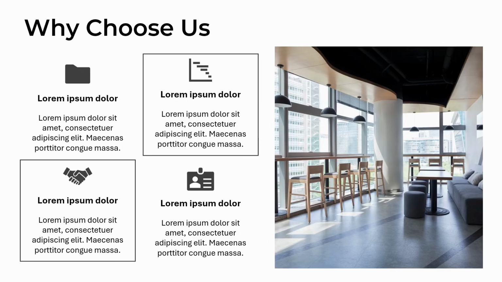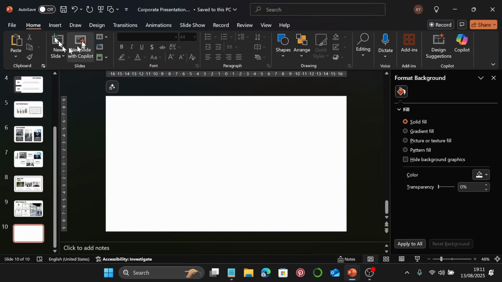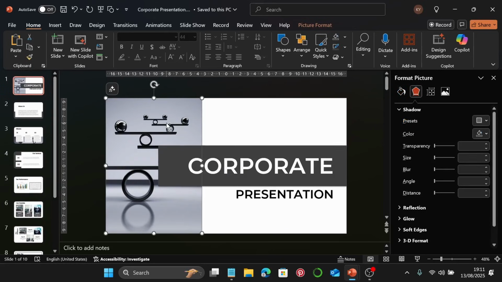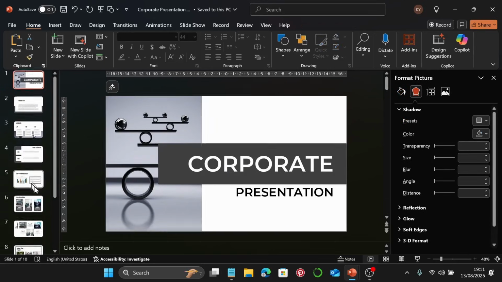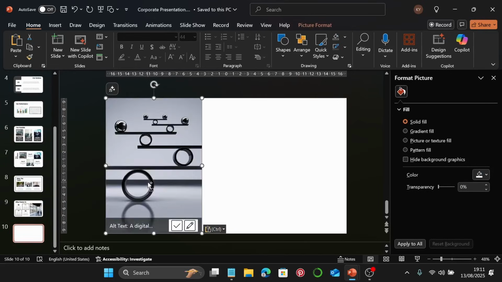So I'm just going to open the slideshow view, and yeah, this is the why choosers slide. Let's move on to the final slide, which is the thank you slide. So I'm just going to come here and we'll create a new slide. Go back to the first slide. Let's once again copy this image and we'll go back to the last slide, and we're going to paste that